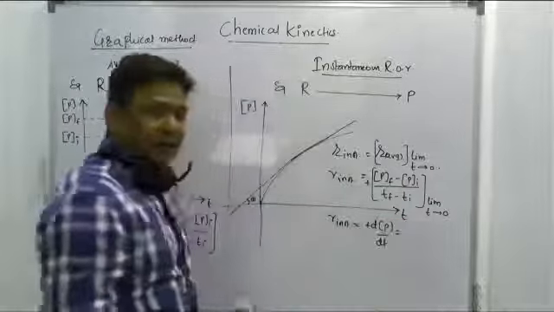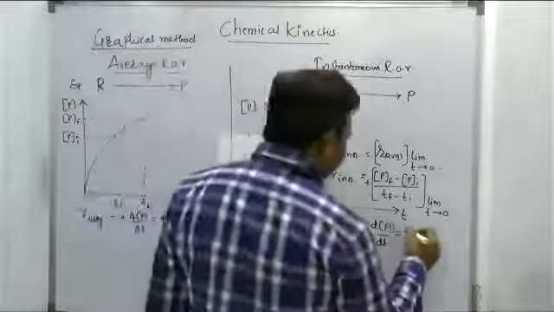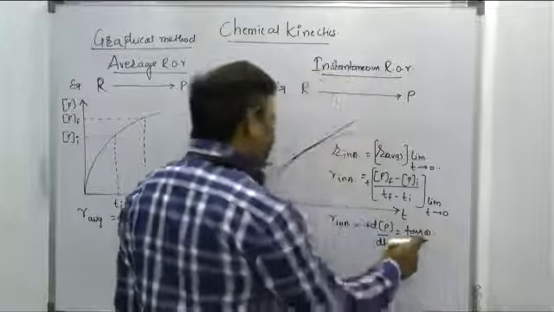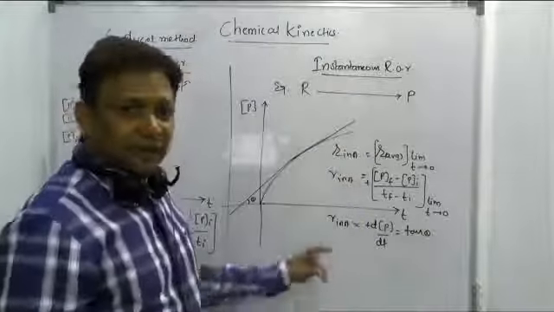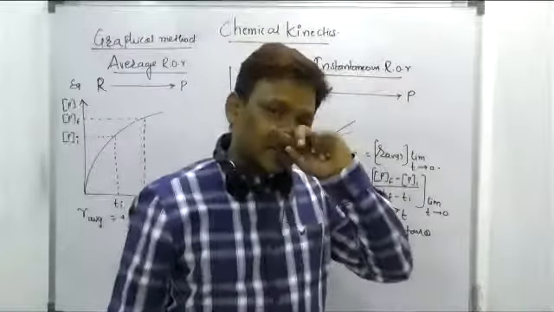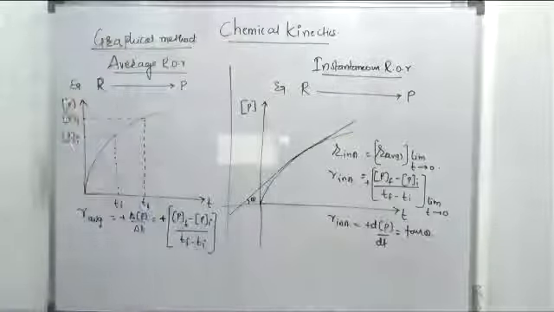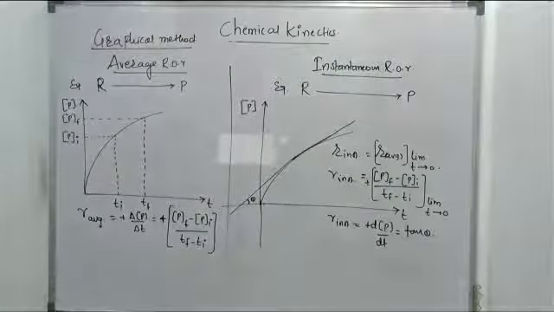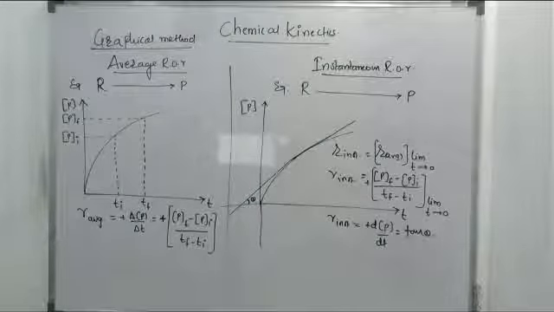If you solve it, I will get the angle theta, and that slope is called tan theta, and the tan theta value gives the instantaneous rate of that reaction at that instant. So this is the only difference between the average and the instantaneous rate of reaction in graphical studies. One second, I have some examples I want to discuss for graphical studies, because in the exams they ask this kind of questions and students get confused. I will do some examples.